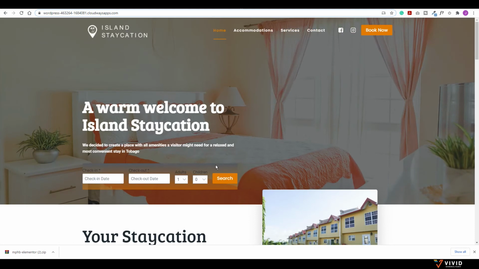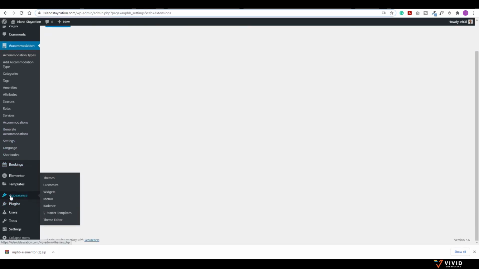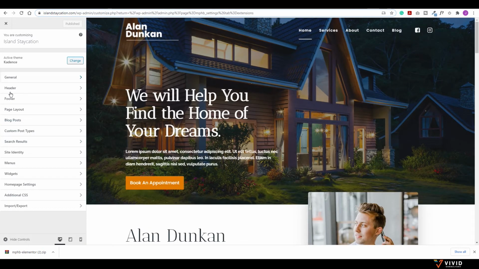So we have a little bit of work to do. Let's get to it. All right, so let's go to appearance. Scroll down, go to appearance, and we're going to choose customize. All right, so this is the customizer for the Kadence theme, and we could start from the top and work